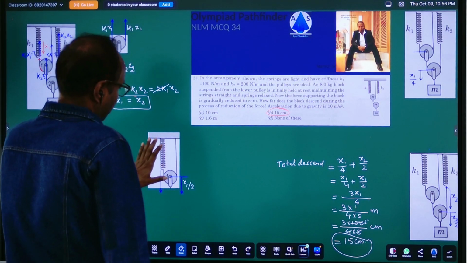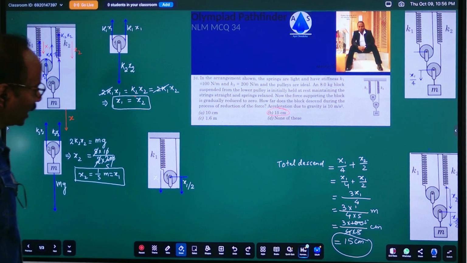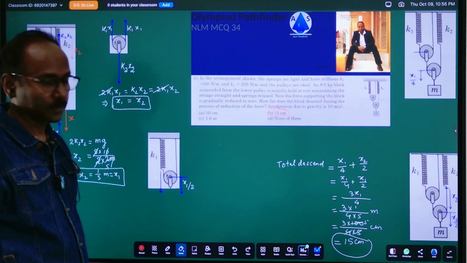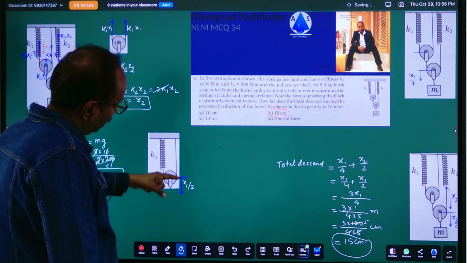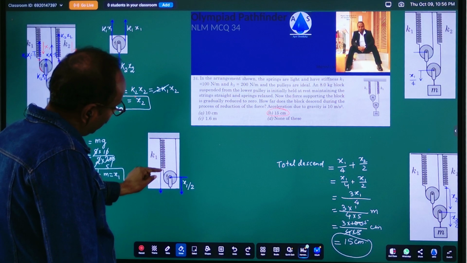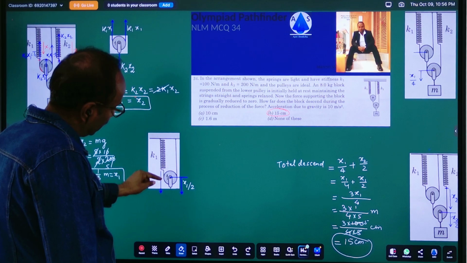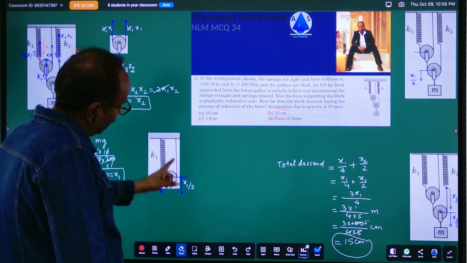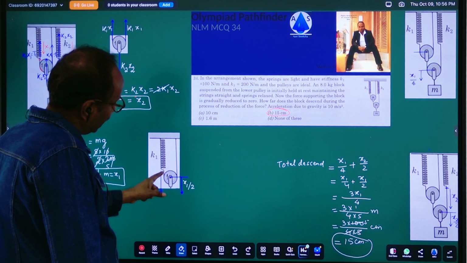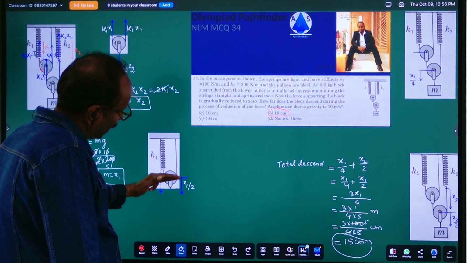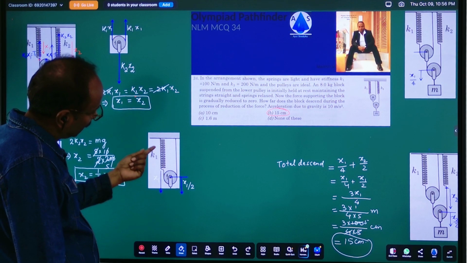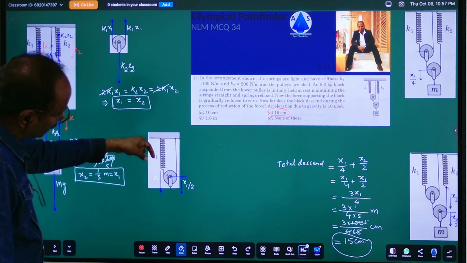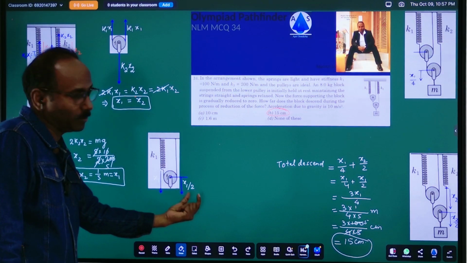अब आप इस चीज को समझिए कि इसमें जब x1 का इलोंगेशन हुआ तो ये पुली कितने से नीचे आया। पुली दोनों साइड से कनेक्टेड है, यहाँ से यहाँ तक है, तो ये पोर्शन अगर x1 से नीचे आया होगा, तो इस थ्रेड में x1 का स्लैक आया होगा, है ना। लेकिन ये पुली के दोनों एंड पे थ्रेड है, तो इस वाले थ्रेड में x1/2 का ड्रॉप होगा और इस वाले थ्रेड में भी x1/2 का ड्रॉप होगा, तो टोटल x1 को वो एकोमोडेट कर लेगा। तो इसका मतलब है कि इस स्प्रिंग में जो x1 इलोंगेशन हुआ उसकी वजह से इस पुली का ड्रॉप x1/2 हुआ।